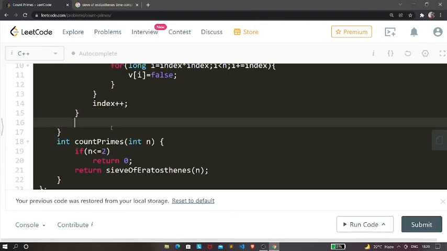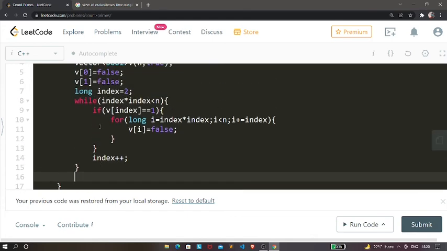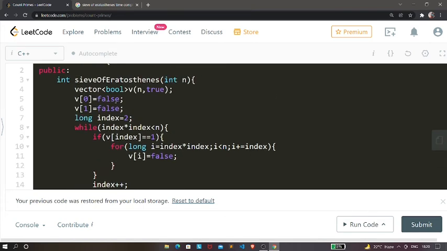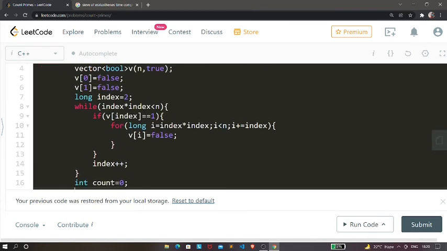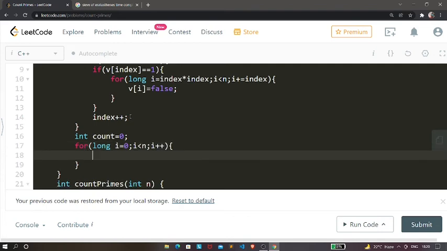And then after going outside the while loop, we'll have a variable count. This count is going to count the number of prime numbers which are present in our array. So let's take a long and start from i equals 0, or you can also start from i equals 2, it doesn't matter.